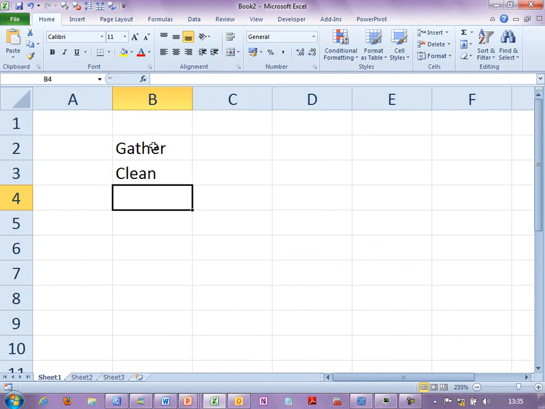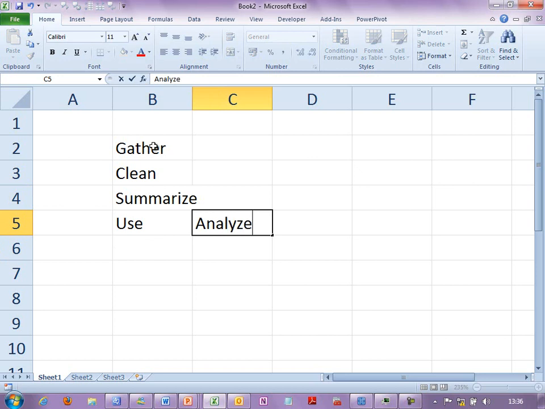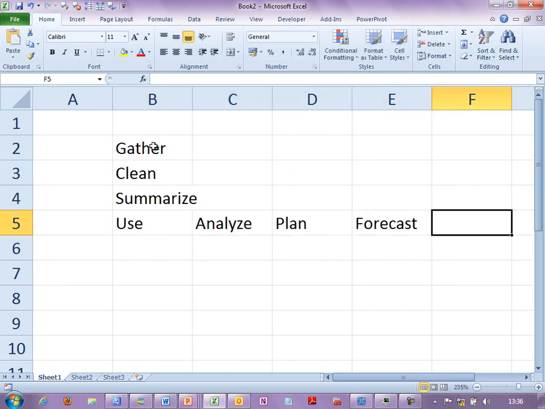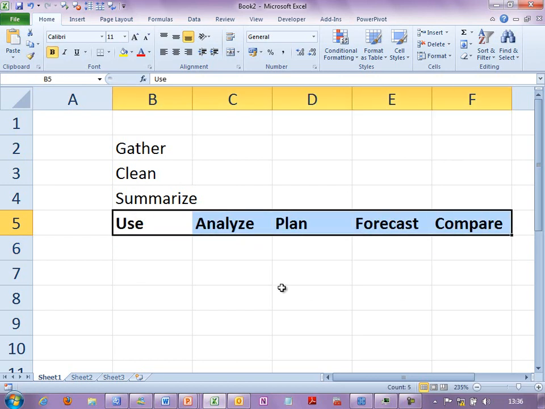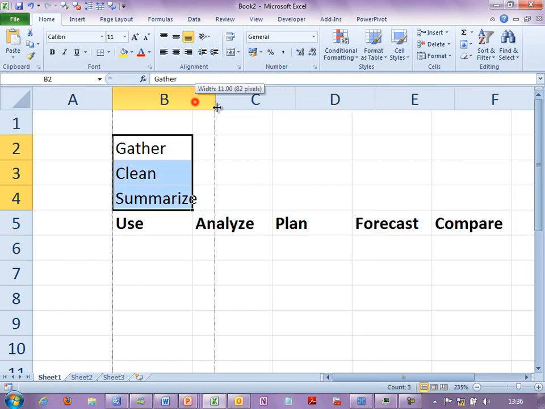Then we have to ask, is this the size of the overall information? Is it easy to look at and understand or not? If it is not, then you have to summarize and then use it. Now use it in what way? It could be analyze, plan, whatever it might be, some kind of decision making, compare, monitor. Those can be many things, but this is the real use of Excel. Agree? The rest of it is just the plumbing to arrive at the real use.